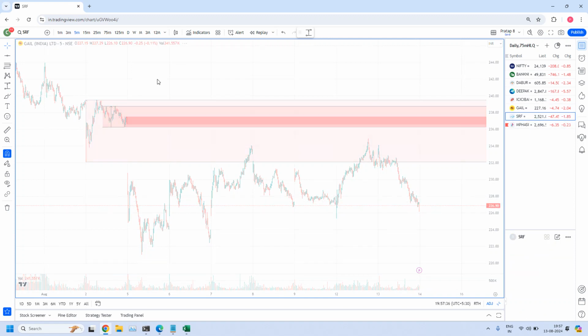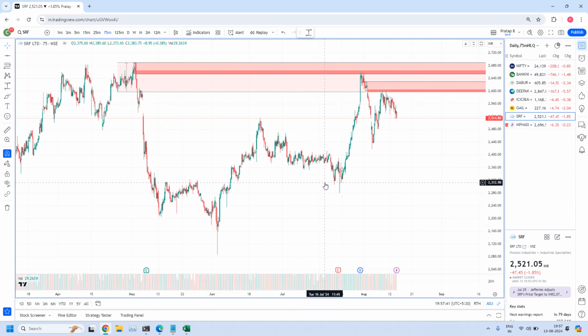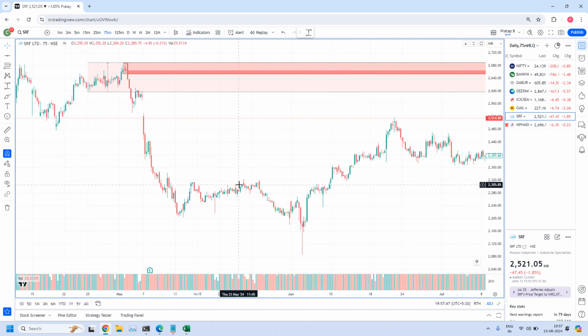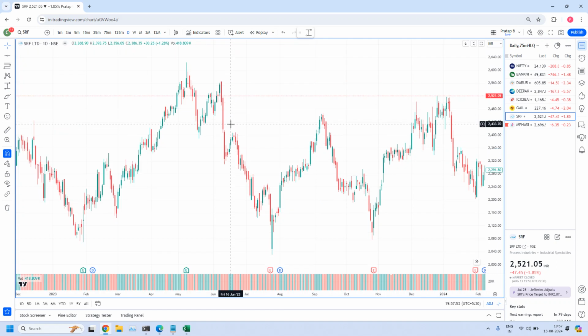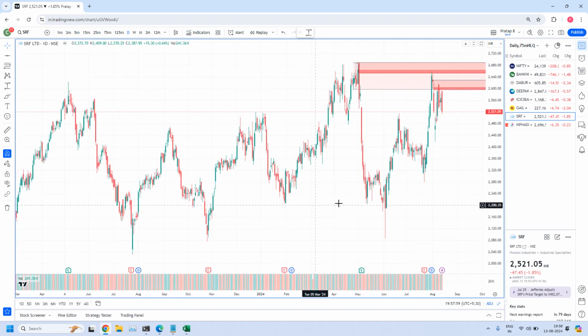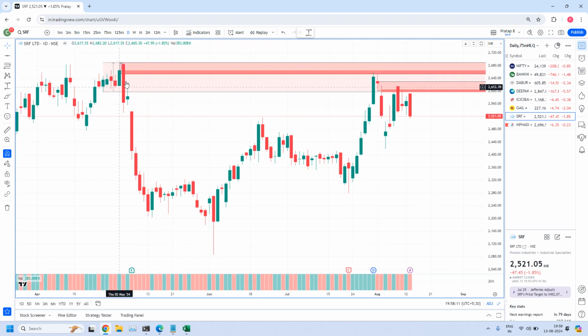Next one is the SRF. This is the 75-minute zone. SRF is also daily, I'm sorry. 75 minutes, only one zone is there. SRF is also a daily supply zone. We have a rally, 1, 2, 3, 4, 5 base candles and a drop candle. This is a medium size leg candle. Drop candle. This is how our software identified this zone as a high liquidity.